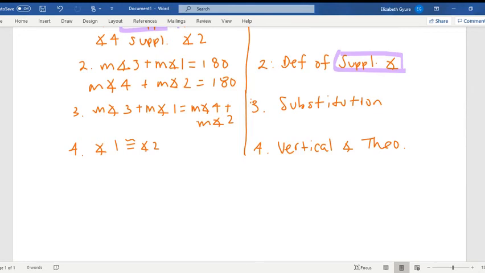If you're in the middle of taking a test and you're like, I know vertical angles are congruent, but I can't think of the theorem, I can't find my vocab sheet, give me an if-then statement. Aren't your definitions and your theorems all if-then statements anyway? So it would be completely appropriate to just say, if angles are vertical, then they're congruent. That would be fine. It means what it means. So you're actually being more descriptive. So that's totally fine. Good, so now I have that angles 1 and 2 are congruent,